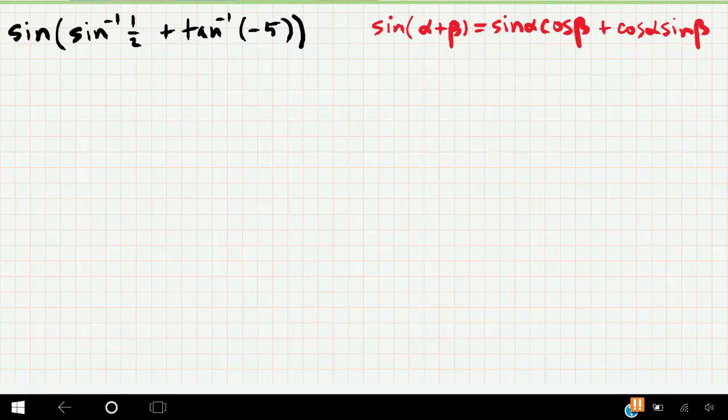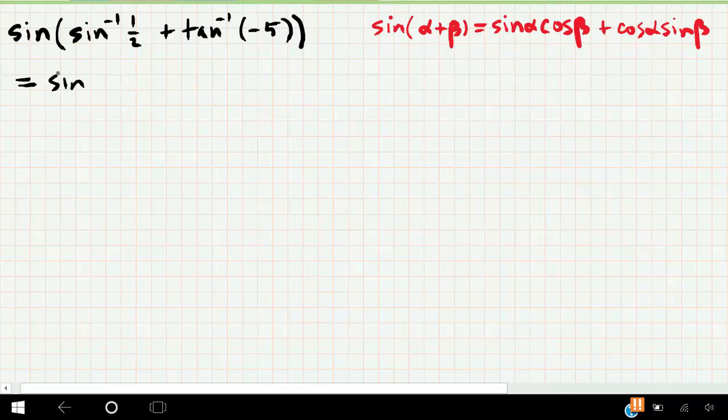In this example, we are going to simplify sine of a sum of angles using the sine of a sum identity. Our first step is to apply that identity. This will give us